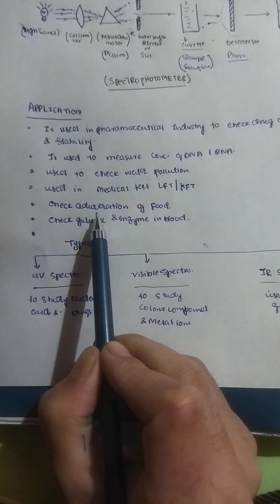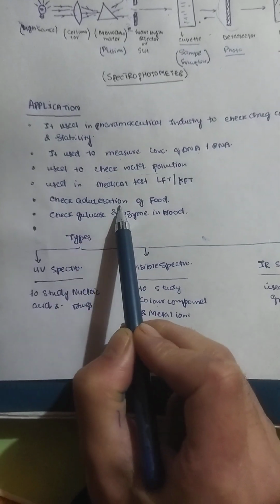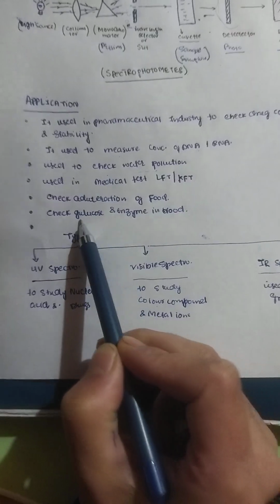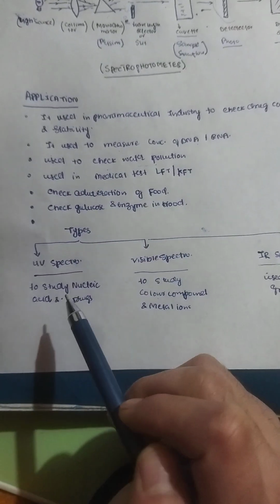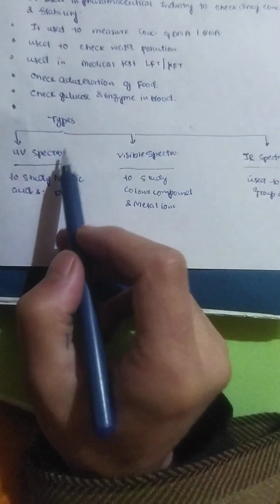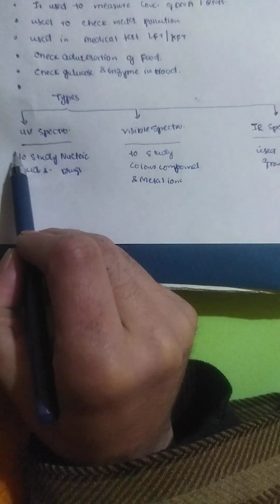It's used in the food industry to check for adulteration of food. It's also used in medical tests to check glucose and enzymes in the blood. These are its applications. Now, coming to the types of spectrophotometry, we have the UV